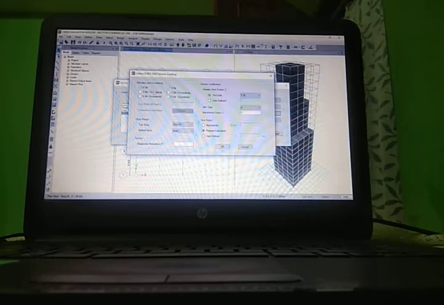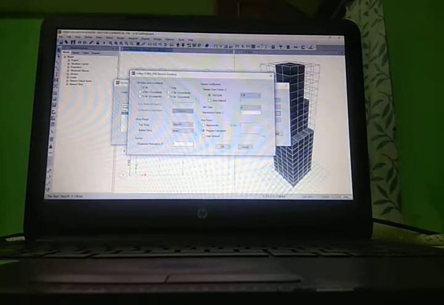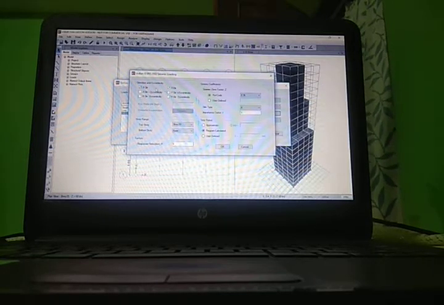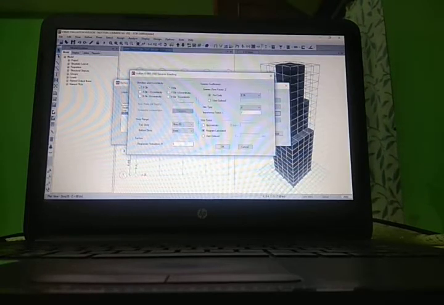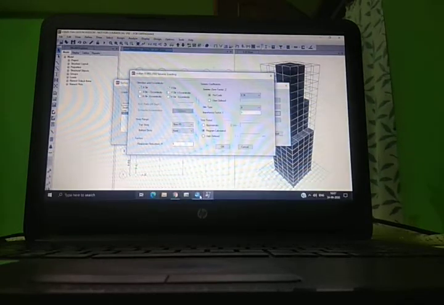We do not have any eccentricity on our building for assuming. Now we will be giving the seismic loading on x and y direction only. We will assume that there is no eccentricity in our building, and as per our question,